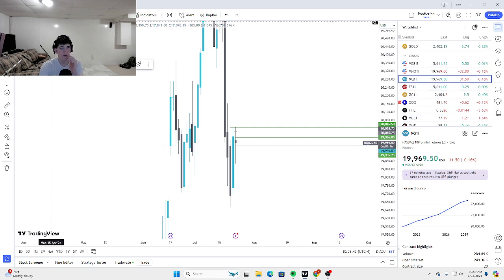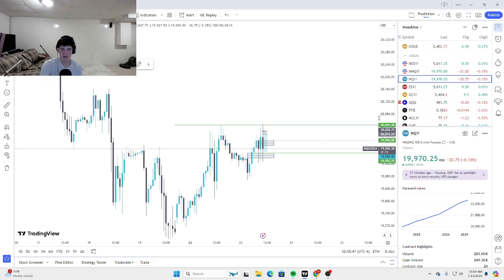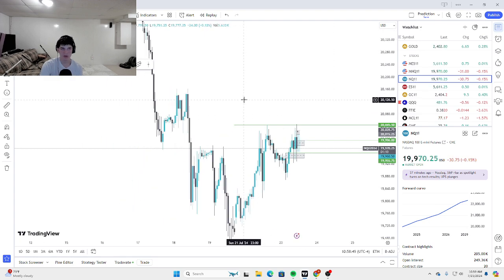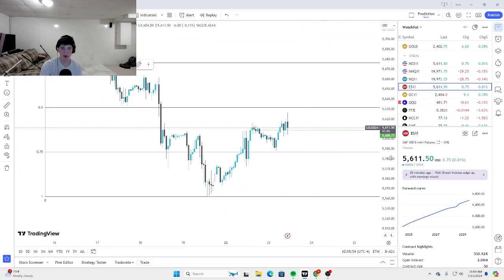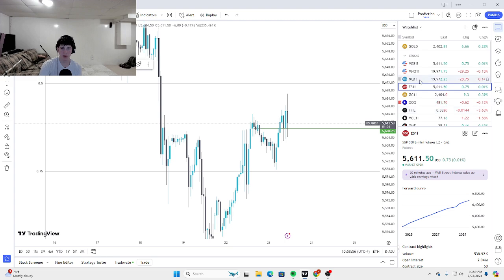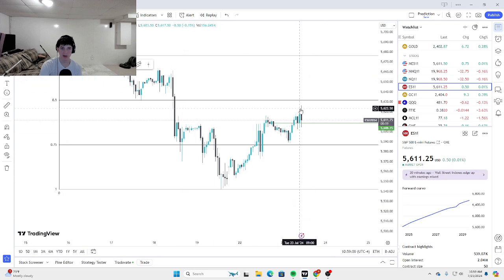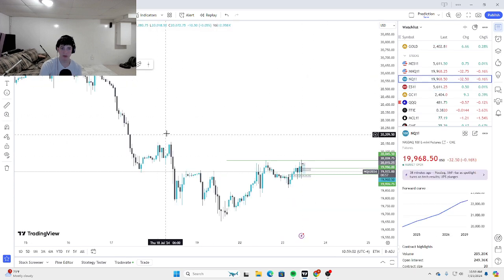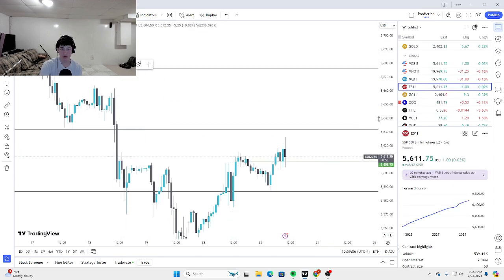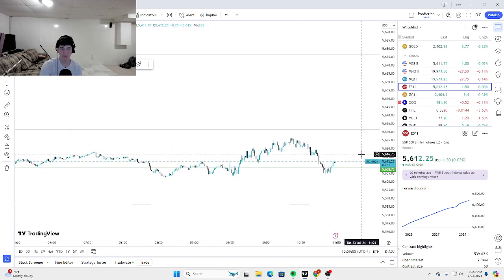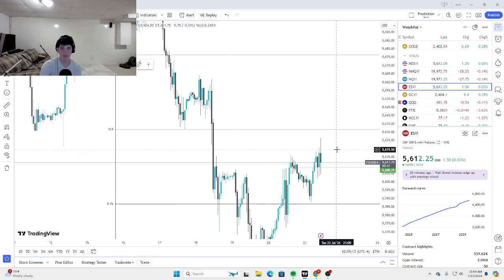Originally, I probably should have, okay, I'm about to explain. So ES, we had a big bearish SMT for ES most of the time. And actually we still have one because of this high and then this high, this high. So I was originally looking for a trade on ES, but I just decided not to take it.